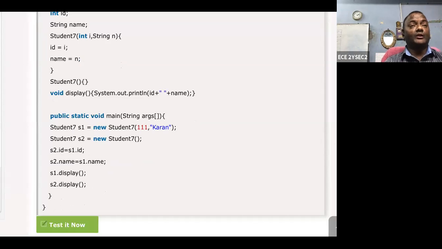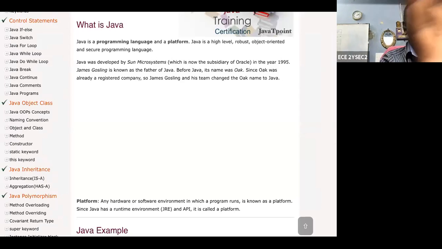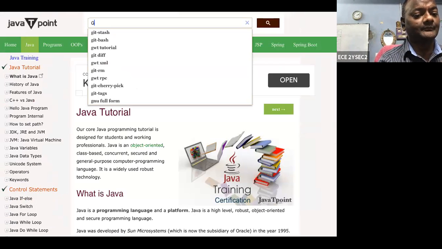Next, I want to discuss the garbage collector. Please listen. I can explain the garbage collector in Java.